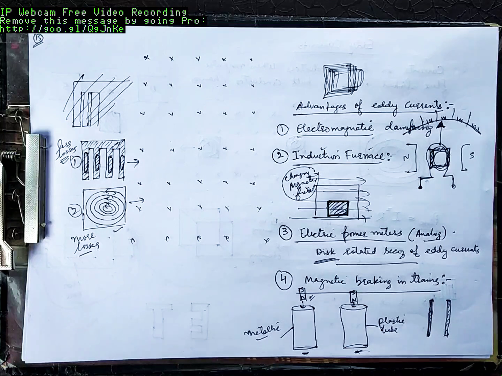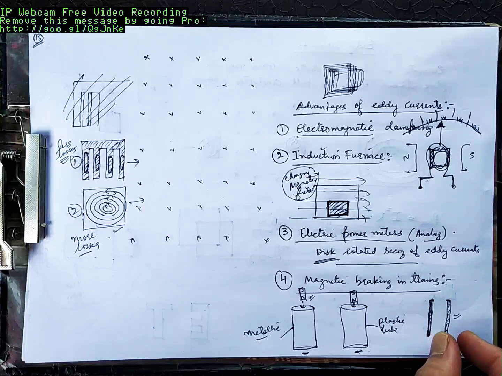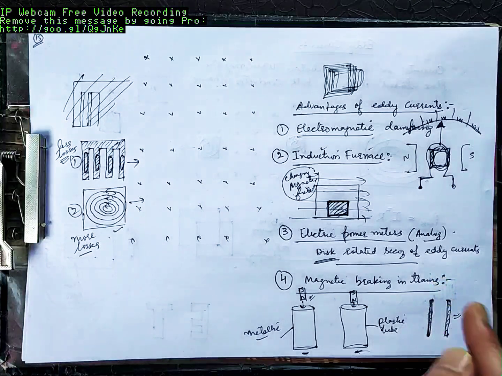When electromagnets are connected to the source, they will produce magnetic field, and that magnetic field is now linking these metallic rails. So there will be induced current in this, eddy currents in this. Those eddy currents will produce a magnetic field which will oppose the change in magnetic field. That change in magnetic field was because of the motion of the train. You have electromagnet here, there was no change in magnetic field. But when this train moves, because of the movement of the train, magnetic field changes.